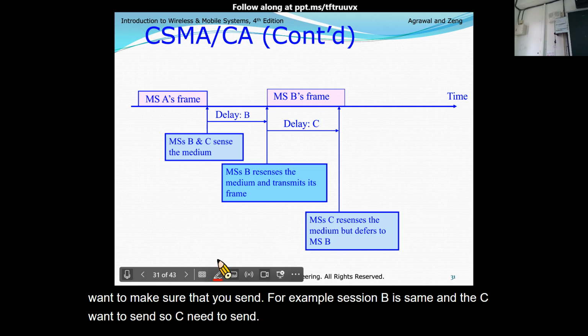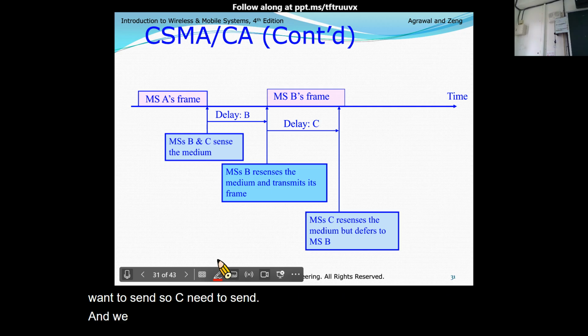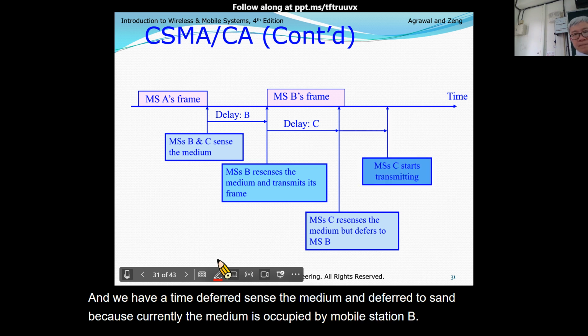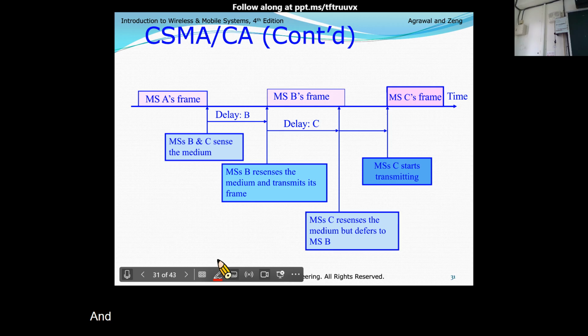And we have a term, deferred. Sense the medium and defer to send, because currently the medium is occupied by mobile station B. And likewise, now the channel is idle, so C can start transmitting.